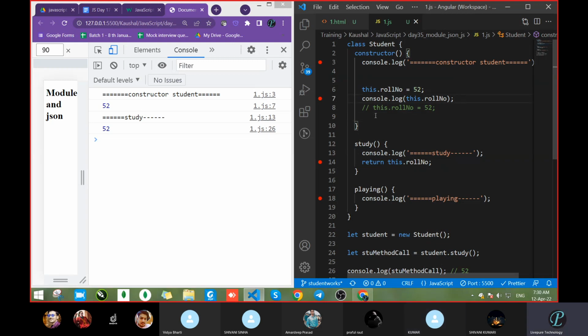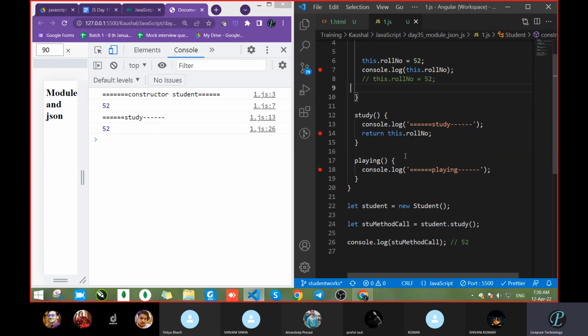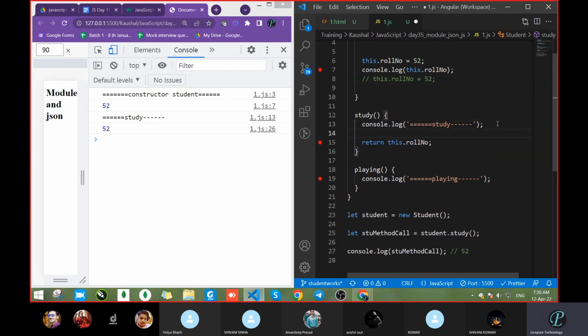Clear? Or does anyone have any issue? So what we had seen here is how we can return the value. Correct? Return the value in